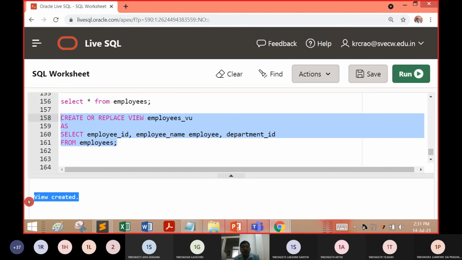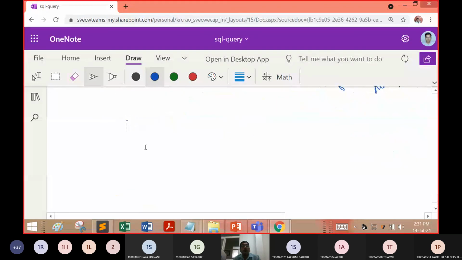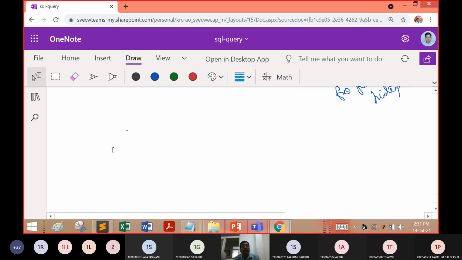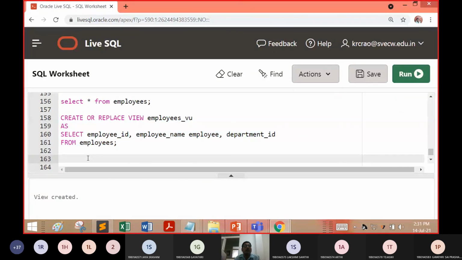You can see here the view was created. Now, how can I see whether the view has been configured correctly or not? You mean to say that 3 fields are available in the view, right? Now I want to know whether the 3 fields are there or not.